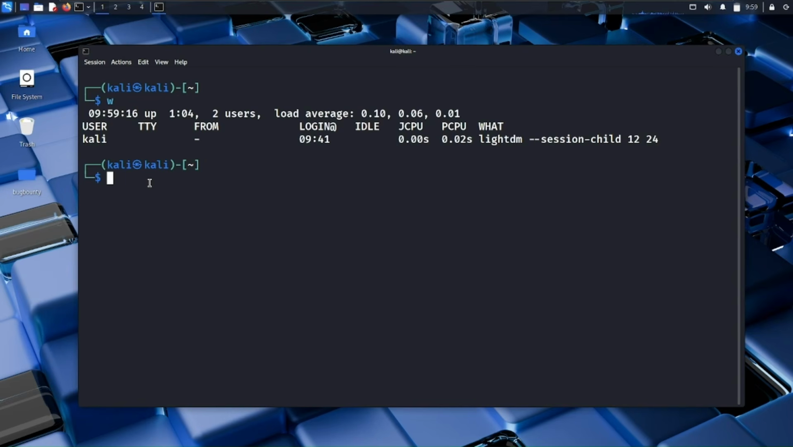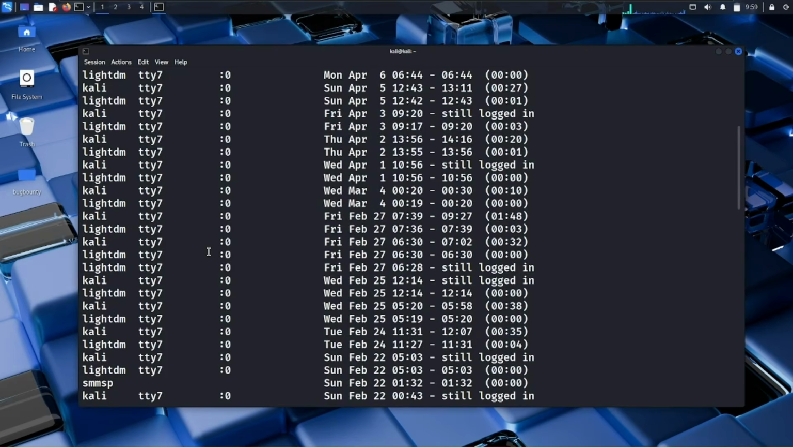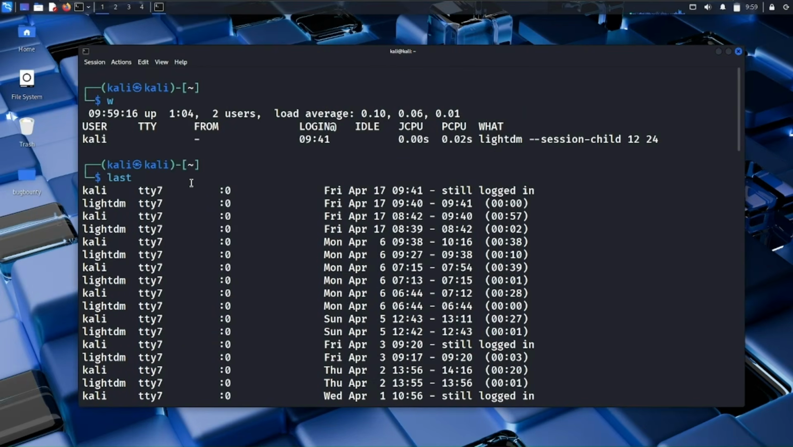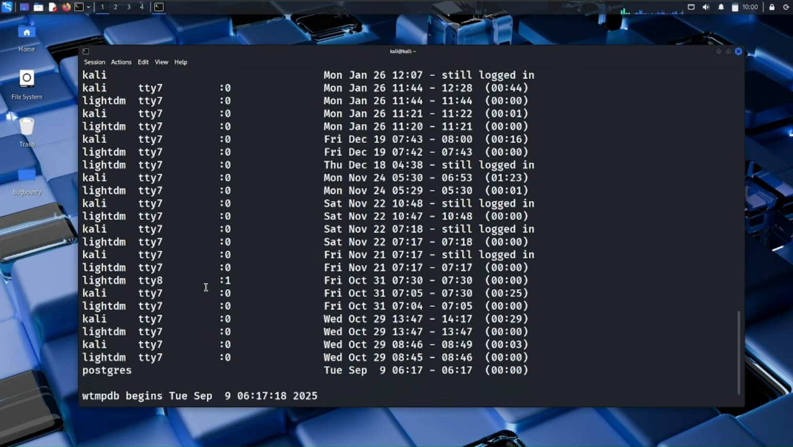Another command is last. This command is a little bit more interesting. It will show you the login history of your system. Anyone who logged into your system, the whole record is available here. You can check from here if any unknown or suspicious user logged into your machine. The next command is